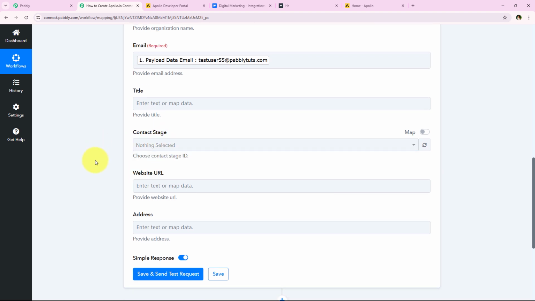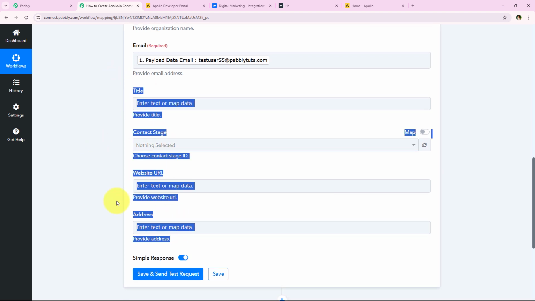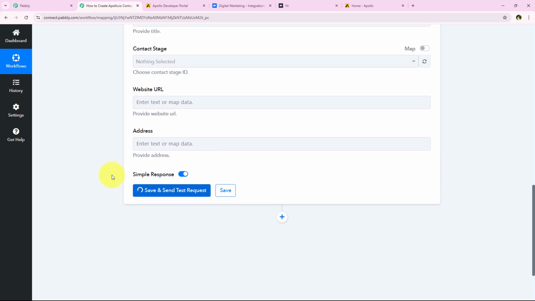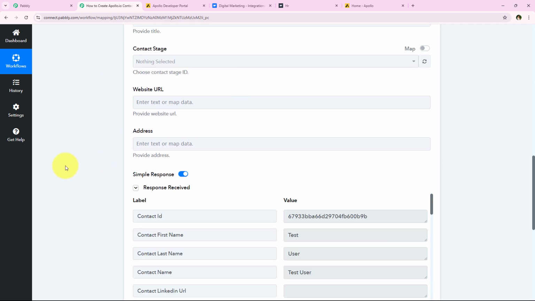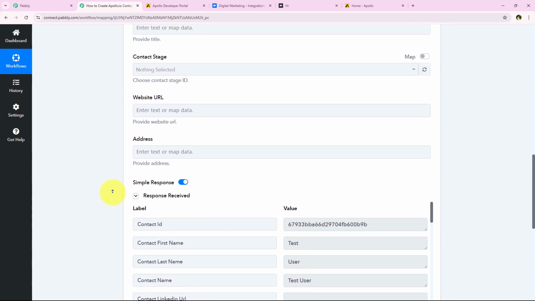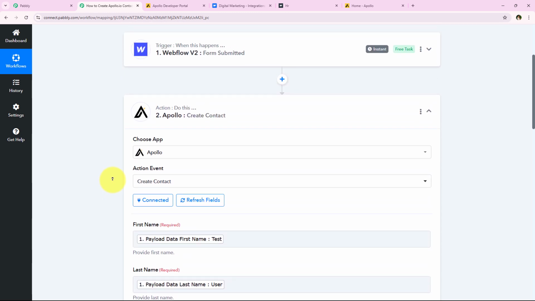You can see that now it is asking me for many other details. So all of these details are not required, so I'm just going to leave it blank and click on this save and send test request. If you wish, you can definitely fill out the rest of the details too. And as soon as we click on this save and send test request button, yes, you can see that we have received a positive response that a new contact has been created in Apollo.io account with the same